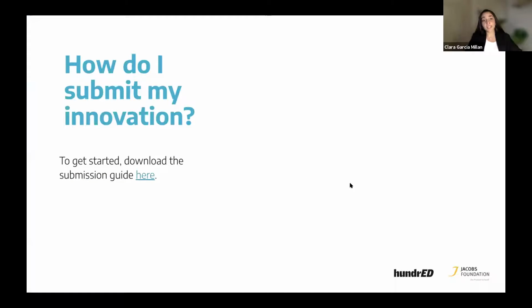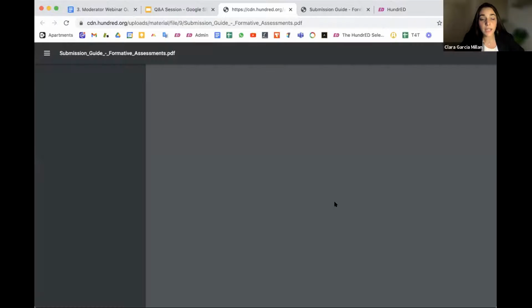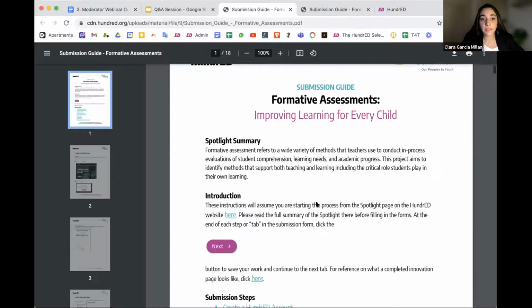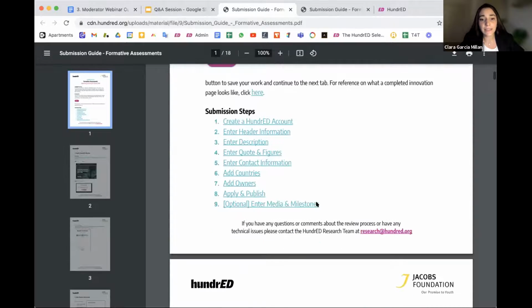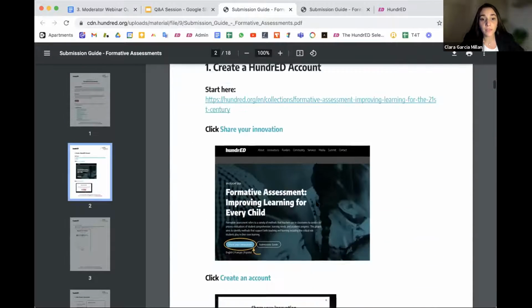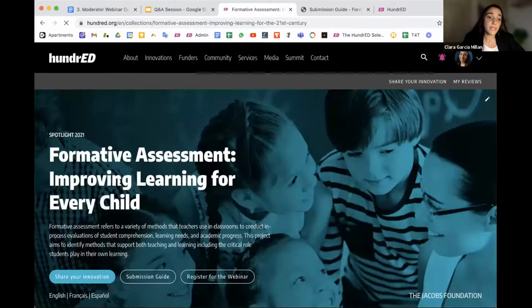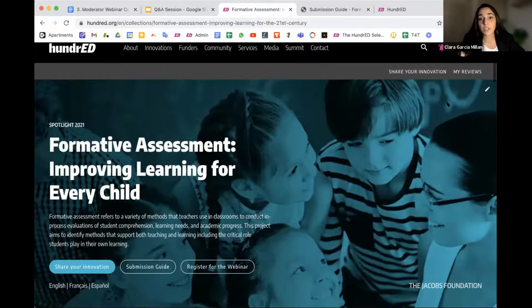Okay, so first, how do I submit my innovation? To get started, download the submissions guide here. We will paste these links in the chat, but you can also find it in the Spotlight page. Yeah, so this is the submissions guide. You have a detailed description on what to do in every single step. But first of all, what you have to do is go to our formative assessment Spotlight page